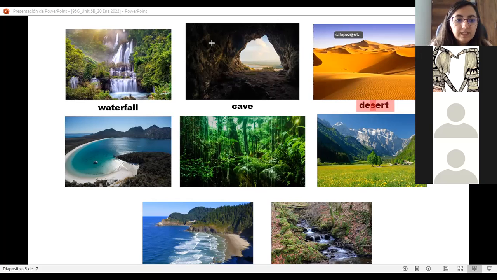Let's continue with the next. What is this? ¿Qué será esta partecita de aquí? We have one very famous place like this in Ecuador called Bahía de Caracas. How do we say Bahía in English?